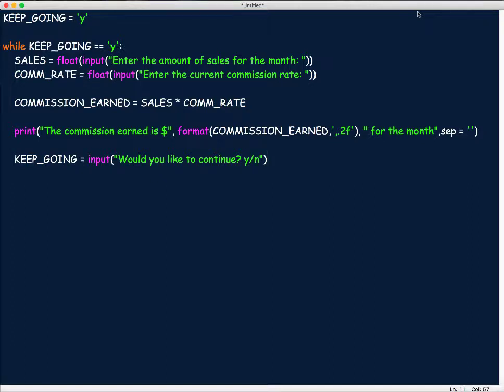I kind of look at it like this. If you are climbing a mountain, the way a while would work is you can go so far and then stop and take a break. And then you can go so far and you can stop and you can take a break. See, you can control how long this task occurs because you look at some kind of condition being a true or a false.